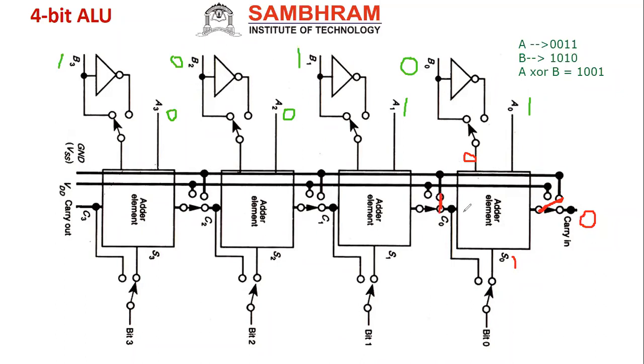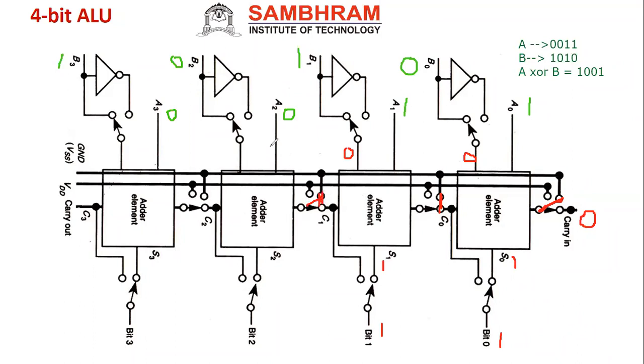Next, again here, 1, this also 0. Correct? Then again addition, 1 plus 0, sum is equal to 1. You see here this 1 is right, so through this switch I'll get 1 only. Same, this is a switch, I'll get 1 only. Now 1 plus 0, sum is 1. Whether it will generate any carry or not? No, it won't generate any carry. So C1 will connect to VSS. So this switch will be connected to VSS.